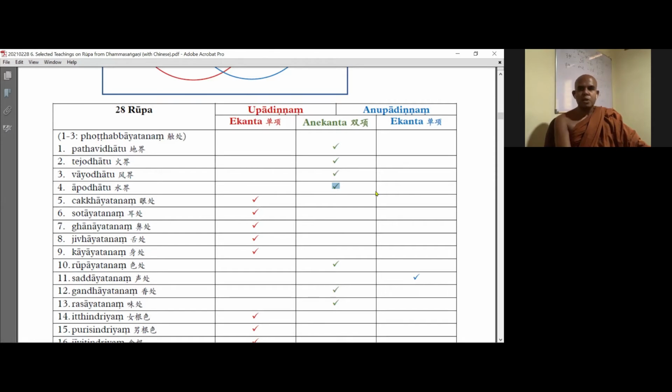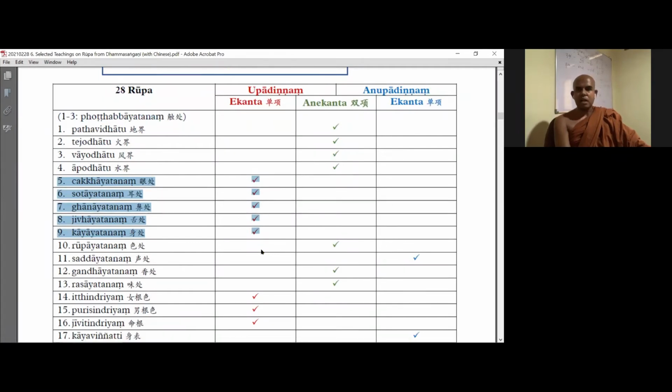After that are the 5 Pasada: Chakkhu, Sota, Ghana, Jivha, Kaya. There are 5 Rupa, only Kamaborn Rupa. After that, explain Rupa Ayatana, the color object. The color object must be Anekanta because color we can see in the Kama group, and the same way with the other group also.